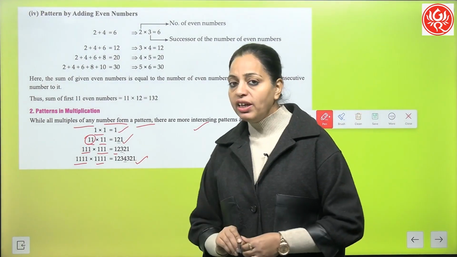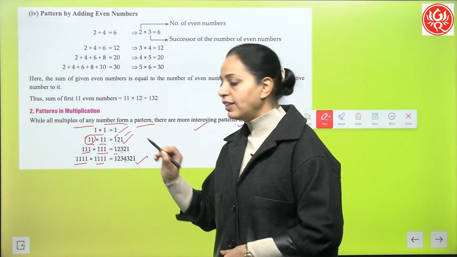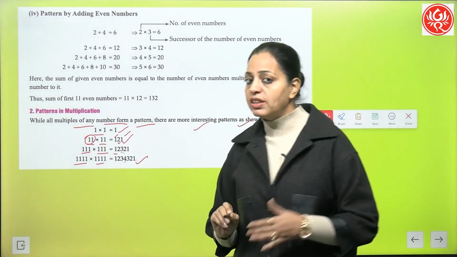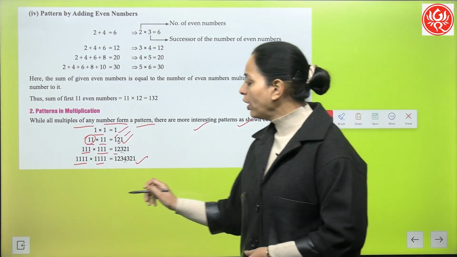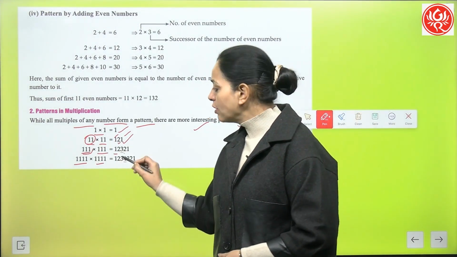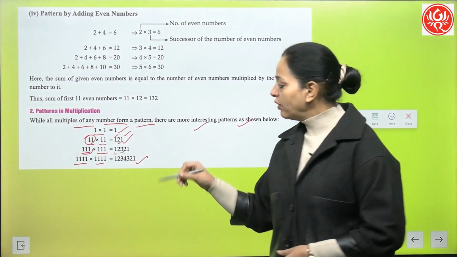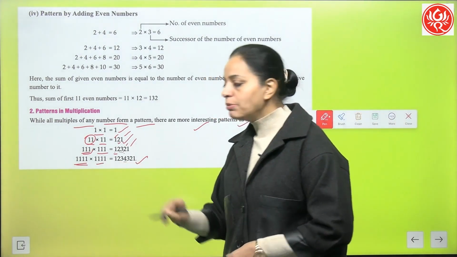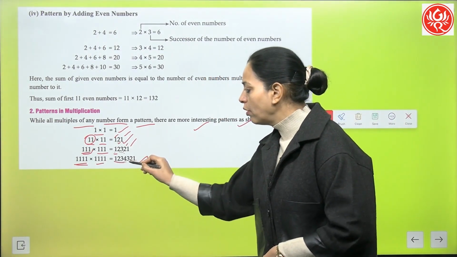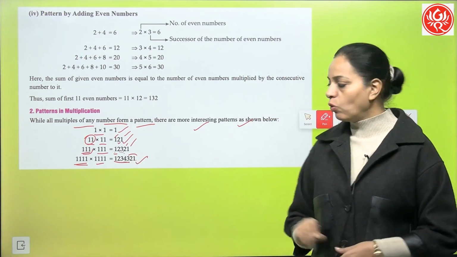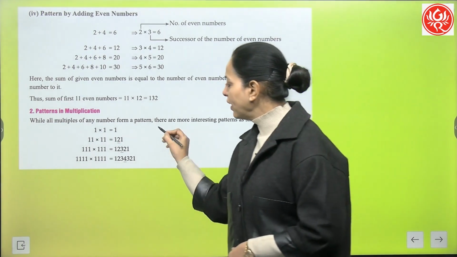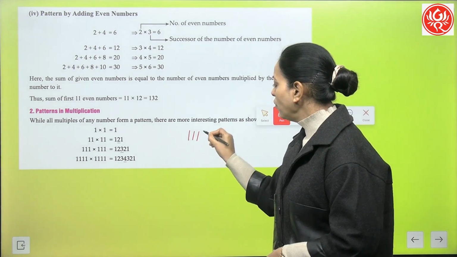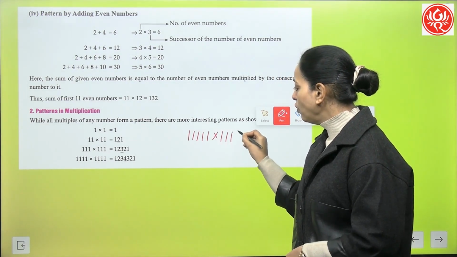We are getting 3 digits, 1 1, starting with 1, ending with 1, but the middle term is 2, as many times as 1 appears. Now here 3 times 1, it means 1 2 3, then 2 1. Now here 4 times 1, so 1 2 3 4, then 3 2 1. So like this, suppose I am taking 5 times 1, 1, 2, 3, 4, 5 into 1, 2, 3, 4, 5.